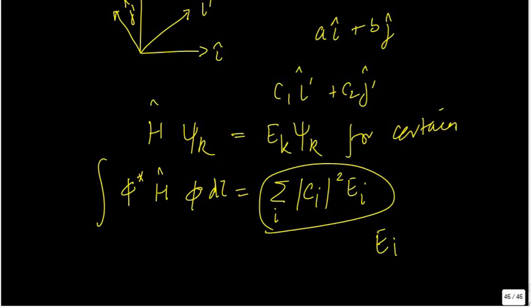Now let's say I am first measuring energy. When I first measure energy, I get some eigenvalue Ek. Actually, you can do a psi star on this from the left, and what you get is Ek, that particular energy. And my system is in the state psi k. Let's say that vector is pointing over there.